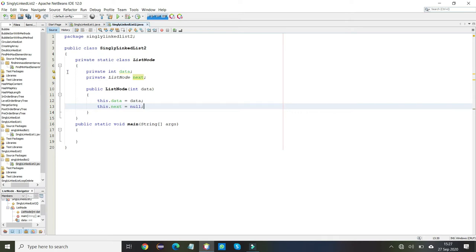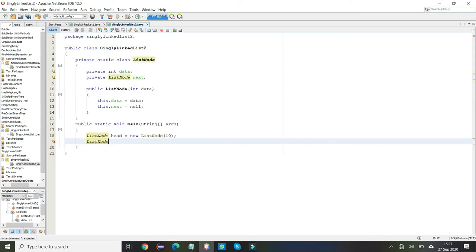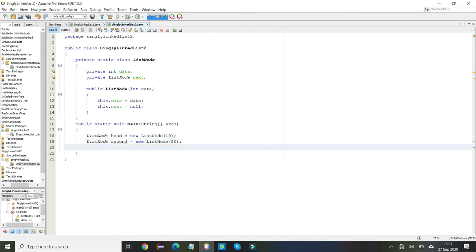Now we have to create the nodes. For creating the nodes, we have to write ListNode. You can give any name to your nodes, but the first one is the head. You can initialize any values here. Suppose the list consists of 4 nodes, then we have to create 4 nodes.